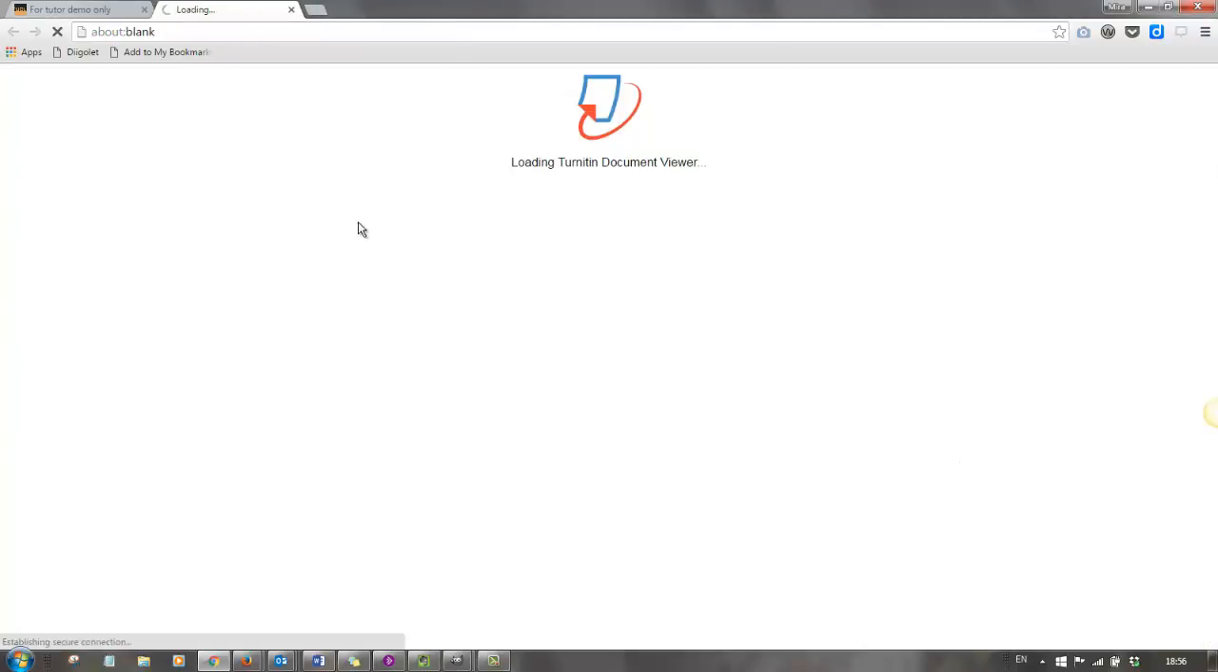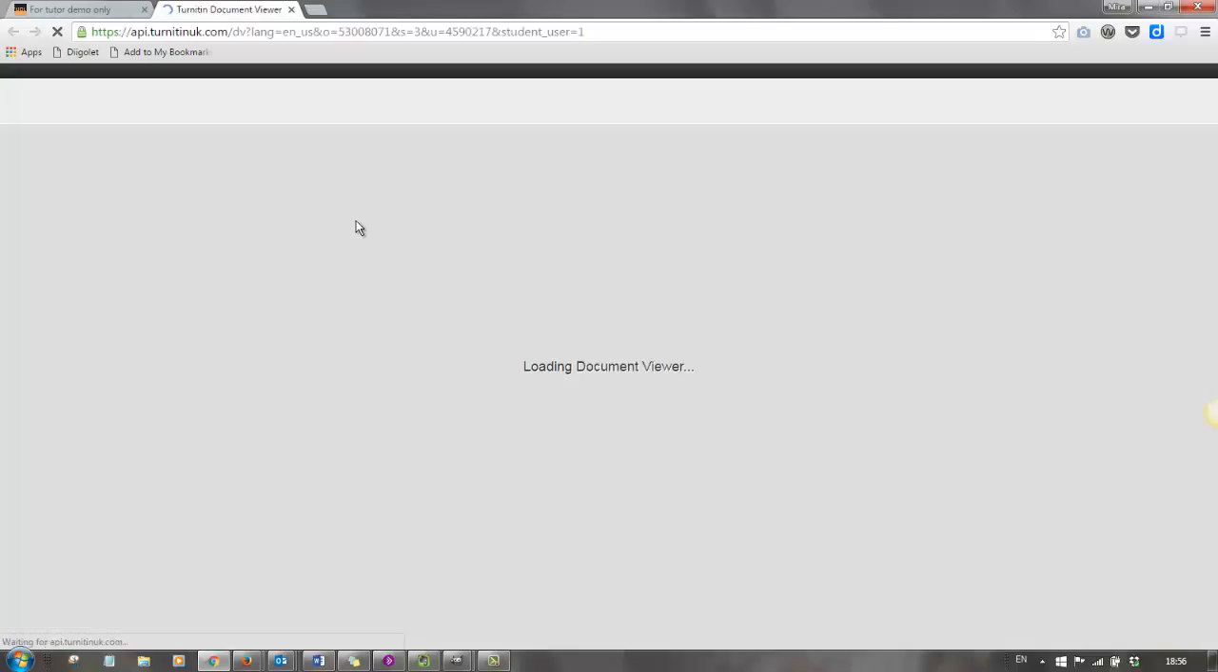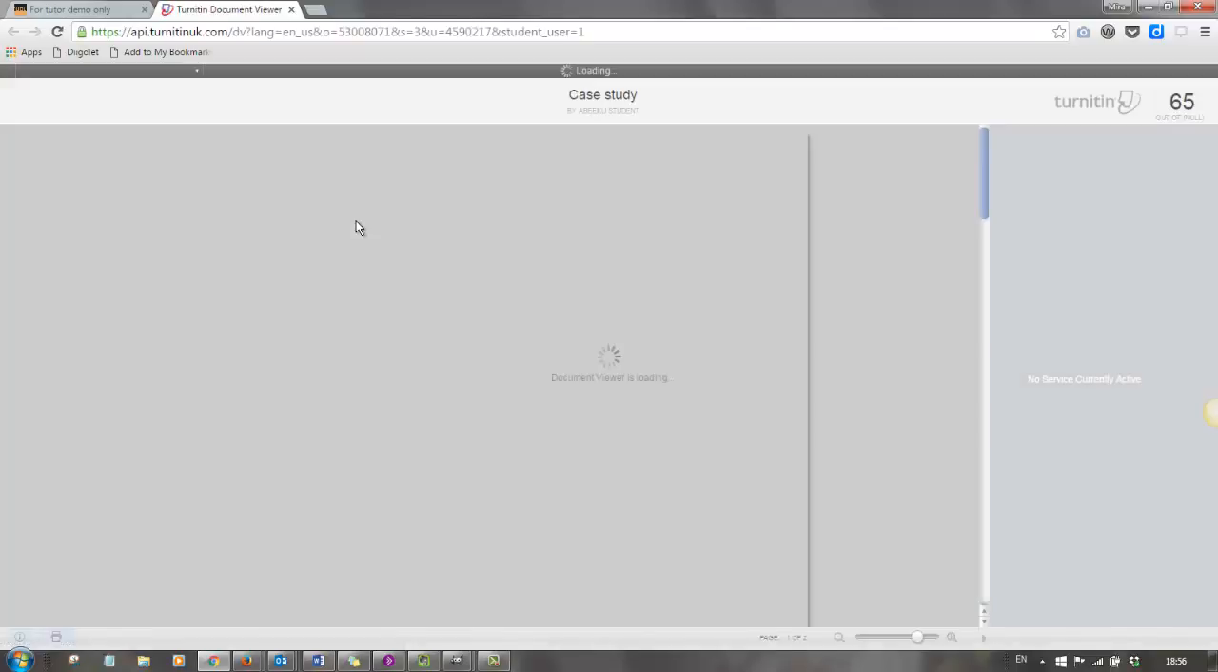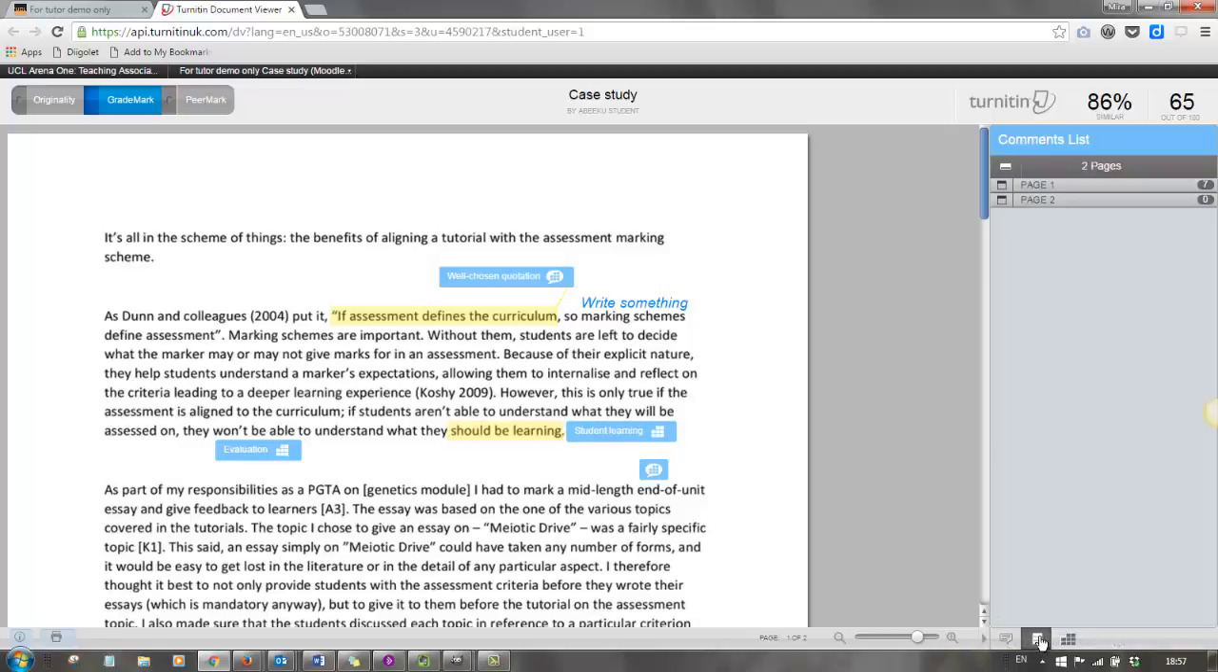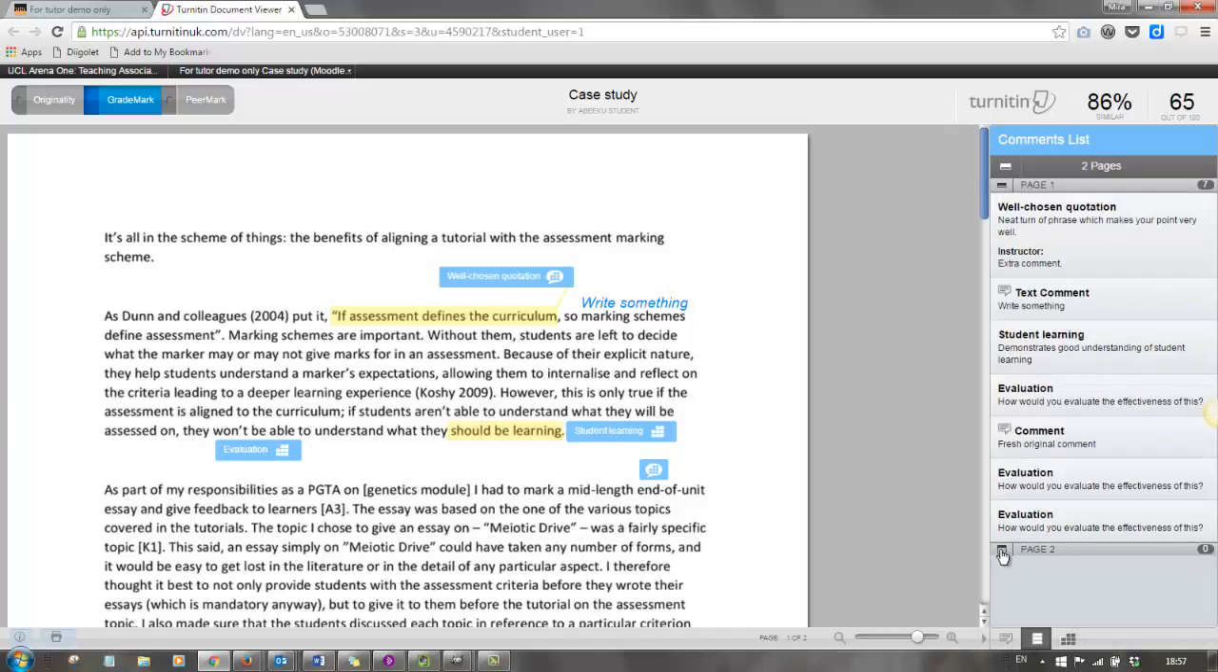let's have a look. I click on the pen icon again, it loads the document viewer, and I get to see the quick marks in place. Another way I can see them is by, on these controls down here at the bottom, I can click view all quick marks and comments, and then I can expand the pages of my work, and I can see the distribution of quick marks,